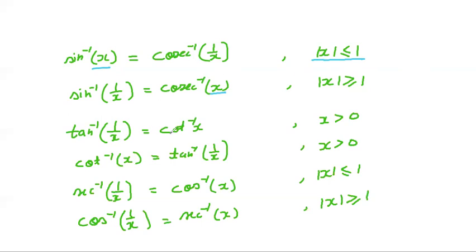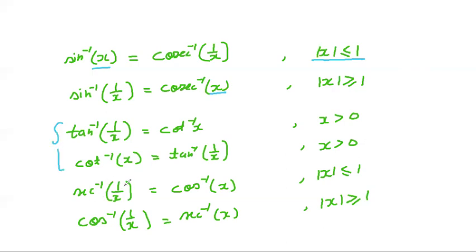Similarly, tan inverse 1 upon x and cot inverse x. See, these two functions are basically defined in different regions. While the tan inverse function is defined in the first and fourth quadrant, cot inverse is defined in the first and second quadrant. So it depends on the domains. So we say that these functions are true only when x is a positive number, means in the first quadrant we are talking. Similarly, cot inverse x, tan inverse 1 upon x, only in the first quadrant they are true, means x must be positive. For negative x, these two functions will not be true.